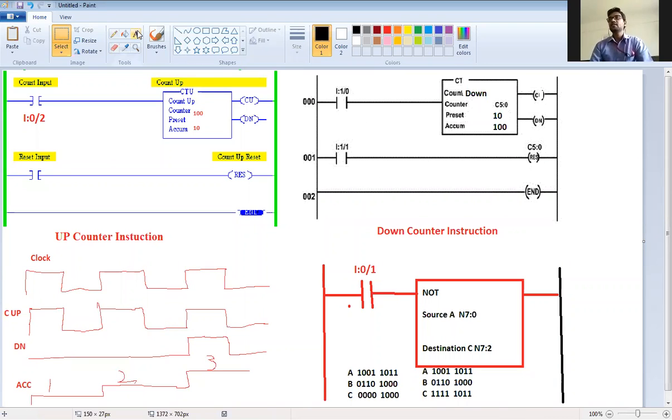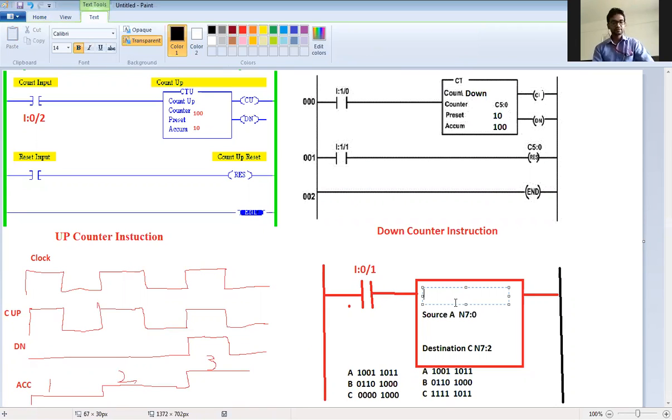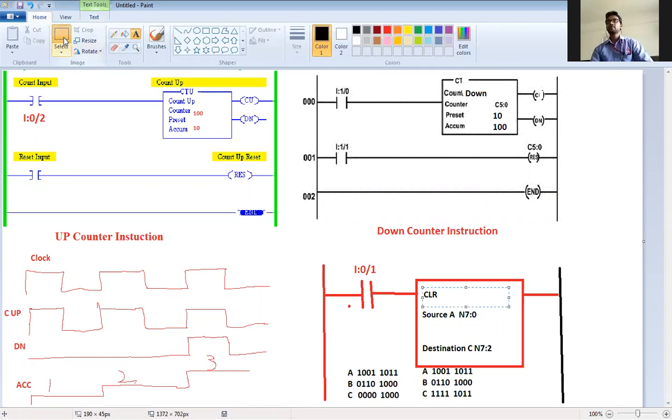Then one more instruction is there, that is the clear instruction. Obviously in clear there is no requirement of source.